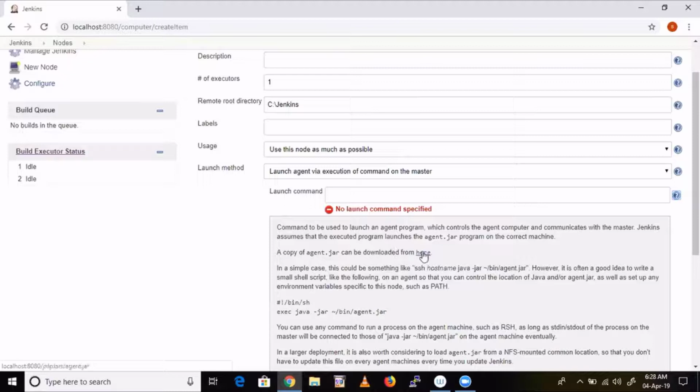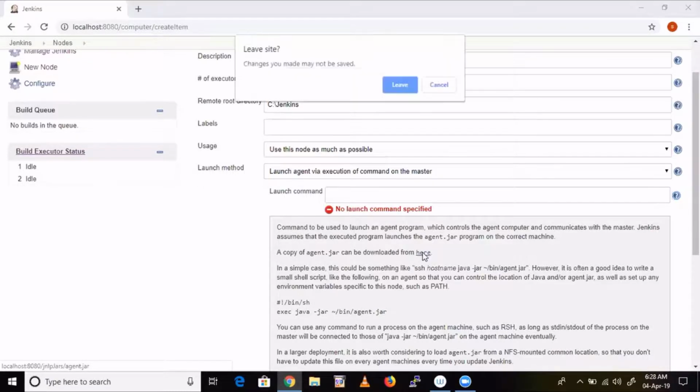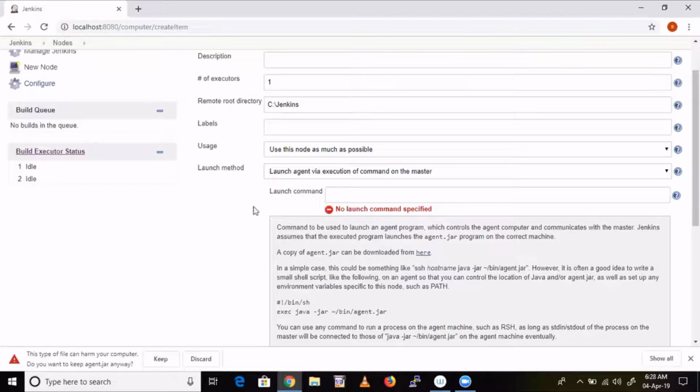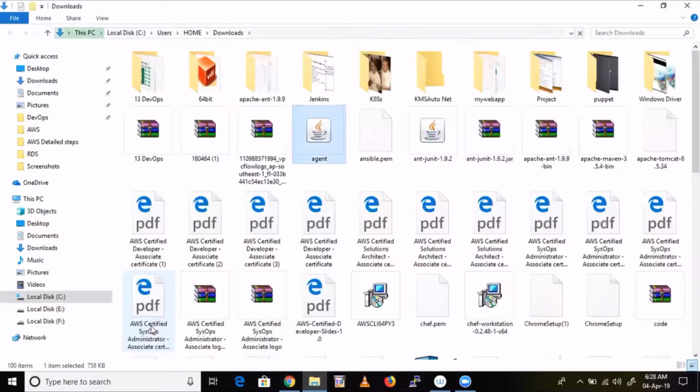Just click here and download that agent.jar. This agent is required to establish the connection between the slave and the master. So keep that file in your CDAV.